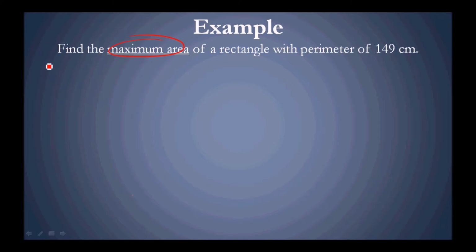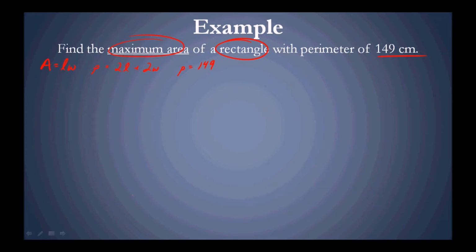One formula we know is area. We'll call that capital A. This, for a rectangle, area equals length times width, L times W. Formula for perimeter. Perimeter equals 2 times the length plus 2 times the width. But what do we also know? We also know perimeter is equal to 149 centimeters. We don't need the units when dealing with the math, but in the end, we'll need to recognize what the